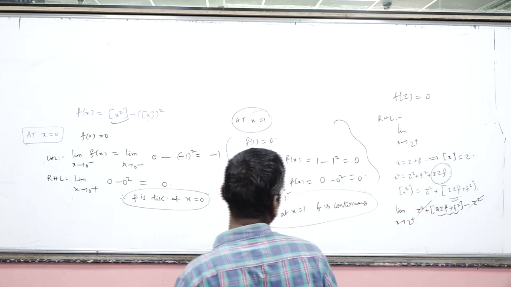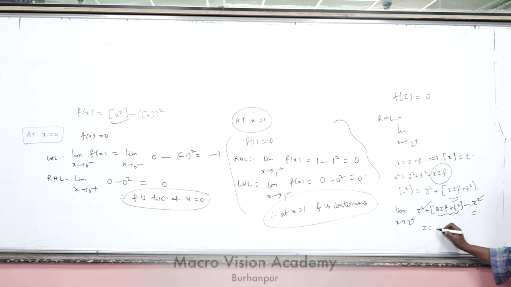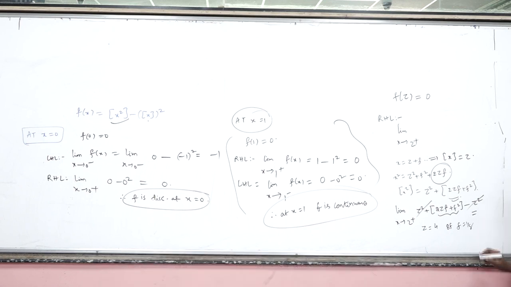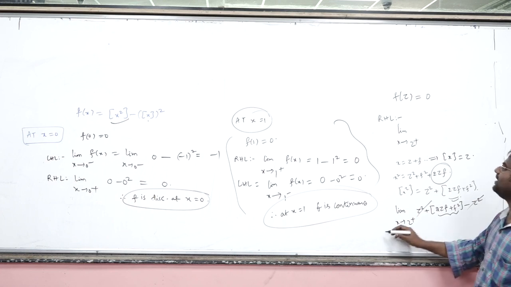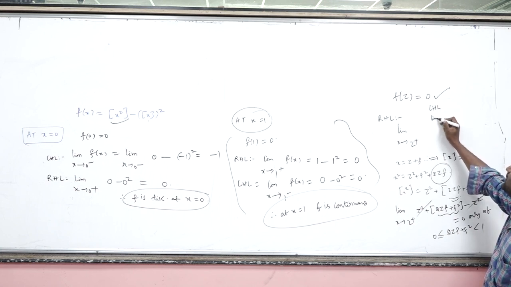Okay, so all we know is that f lies between 0 and 1, so it's a fraction. So is there any possibility for the fraction to be equal to 1 is the only question, else it will be 0. Suppose let's take z equal to, for example, 4, 8f, f equal to 1 by 8, then that is going to be 1. Let us keep it like this. Similarly, here this would be 0 only if 2zf plus f square should be in between 0 and 1.